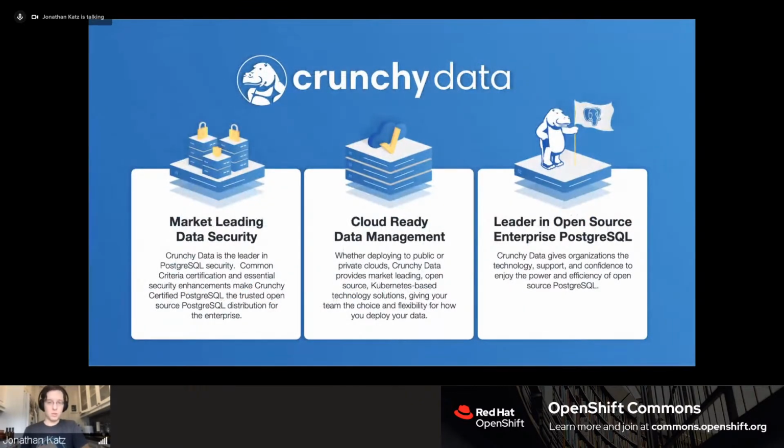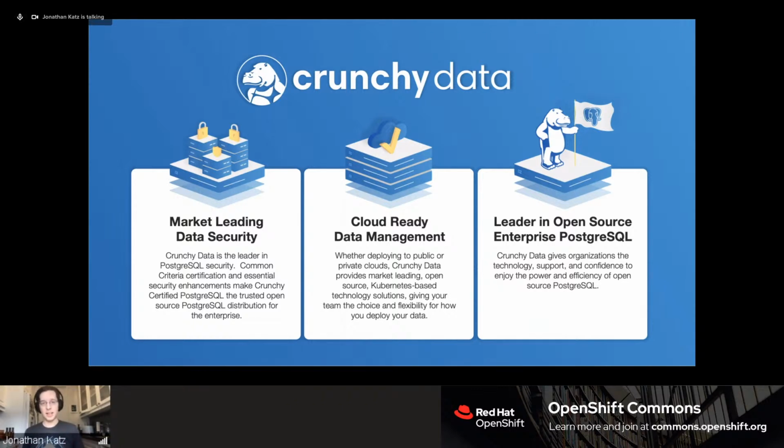So just real quick, a little bit about Crunchy Data. All we do is Postgres, and all we do is open source, very similar to Red Hat's model. We started historically focusing on how to securely deploy Postgres, which is very important in many enterprise environments. And then as containers, Kubernetes and OpenShift became a big deal, we focused on how to deploy Postgres in those types of environments, which is a lot of what we're going to talk about today. And like I said, everything we do is open source.